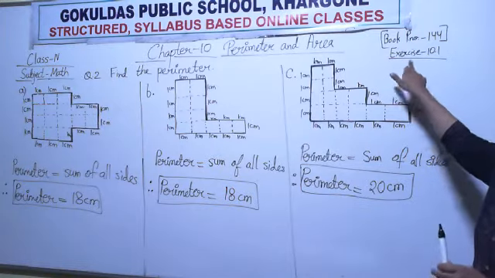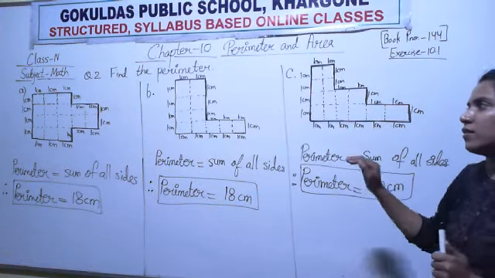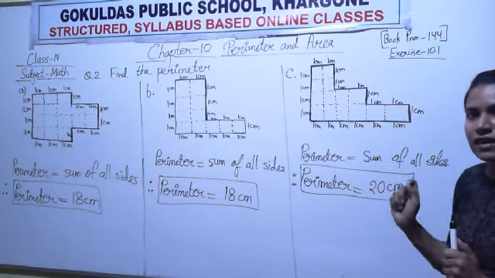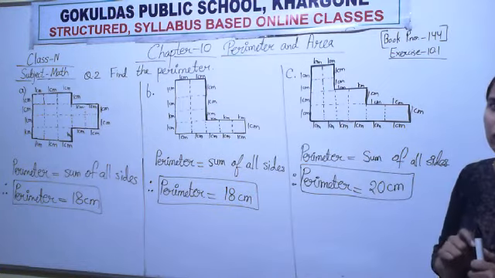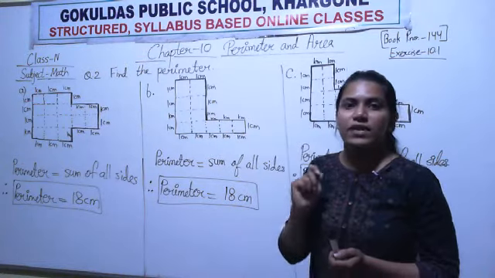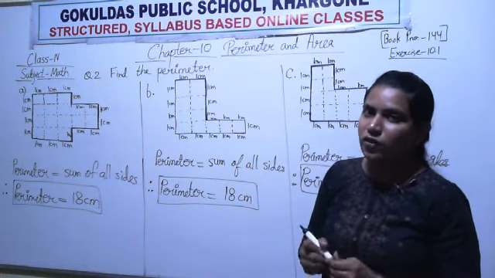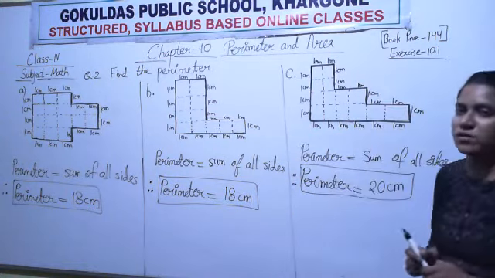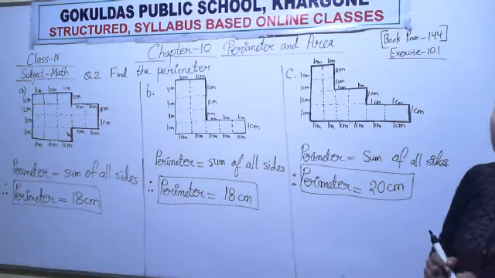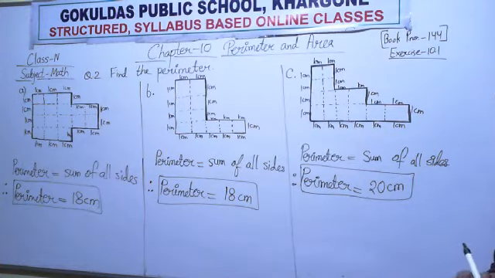Write systematically the exercise name, then question number 1. If you have done question number 1, then draw a line with the help of pencil and scale, then start question number 2. And remember, always draw all the diagrams or figures with the help of pencil and scale. And the solution you will solve with a blue pen. Take the screenshot so that later you can complete.